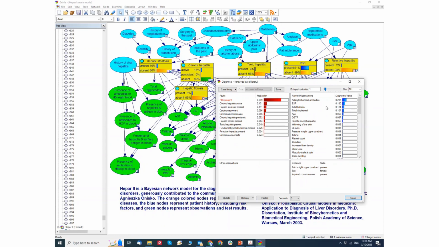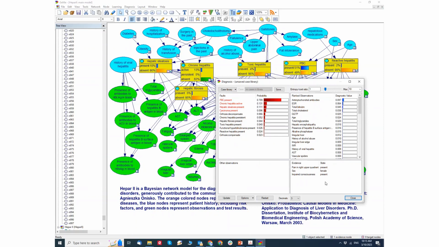When you have something like this, the order is dynamic. Depending on the things that I have seen, here are the most informative things to know, to ask about, because they will tell you most about this distribution. These things don't make any sense to ask about. And the order on this list changes. It's all computed from the joint distribution using a measure known as cross entropy, mutual information. We can do differential diagnosis. I want to know a test, an observation that makes most sense, that will be most useful in